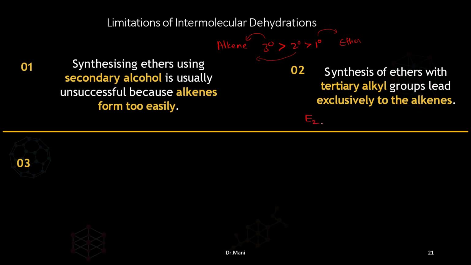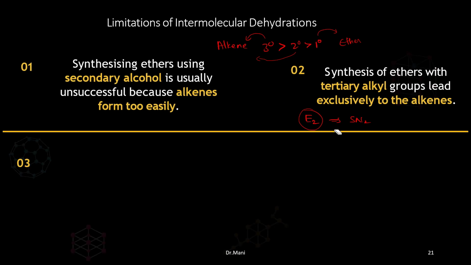Okay, so the E2 reaction will happen instead of the SN2 reaction. We know that if the SN2 reaction takes place, you will get ethers. But here, an elimination E2 reaction will happen, so it will form alkenes. If SN2 happens, you get ethers. If E2 happens, you get alkenes. Understood? So remember,